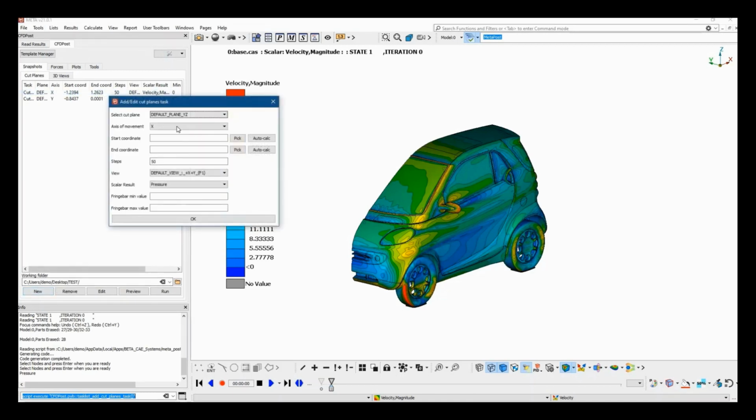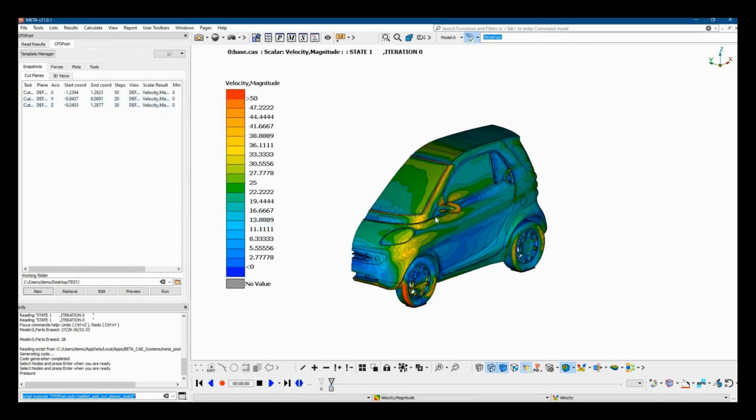Now I'm going to press new to create also an extra task in the Z-axis, auto-calculate minimum and maximum, specify 30 snapshots, for example. And now we would like to see the model from the top view, F1, velocity magnitude again. We can select any result that we have loaded. Okay. Minimum and maximum the same as previous.